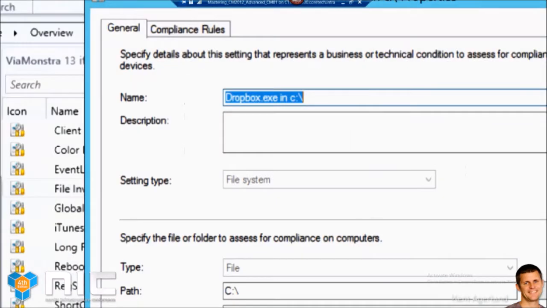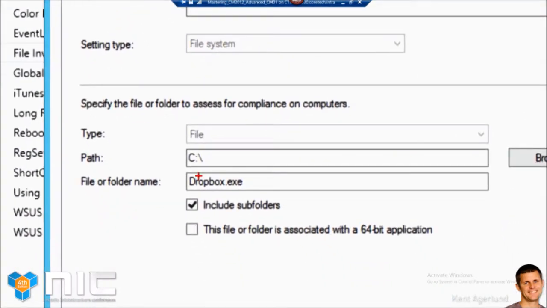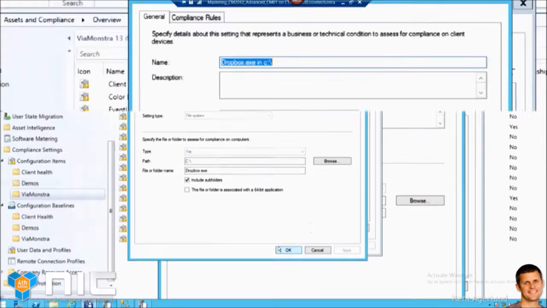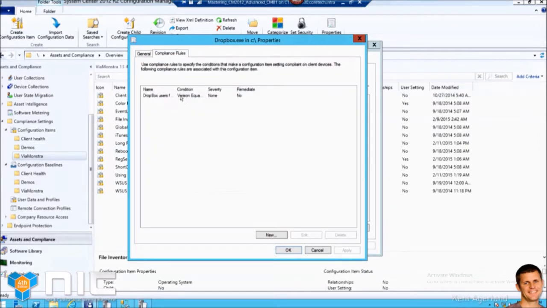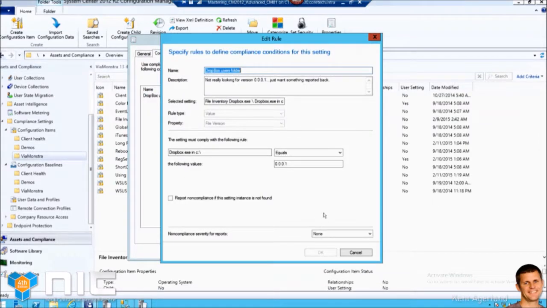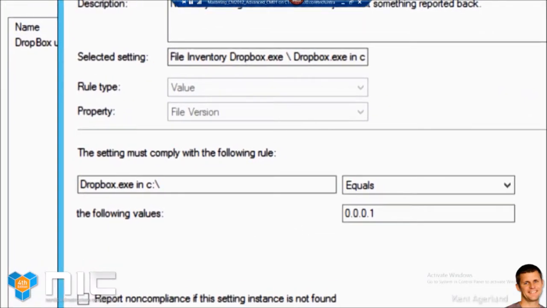What this will do is it will just search for a file. So do you have this file in here? If you have this file, is that file actually version 00001? What will Config Manager reply when it searches for the file? It finds the file, but it's not the right version. What Config Manager will say is,